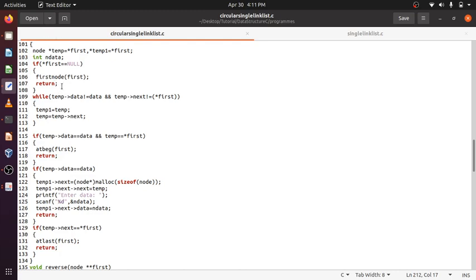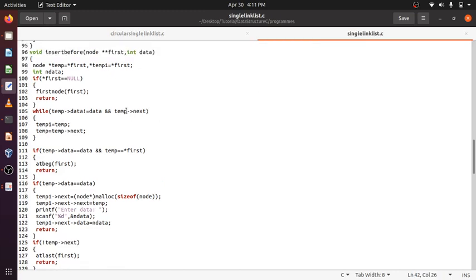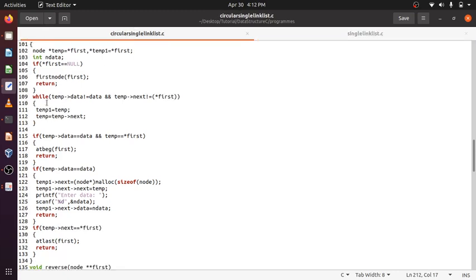Insert before is the same iteration, temp next not equal to null. If it is the first node, if it is null, then create the first node. If it is not null, data not equal to data, and not equal to first, go on iterating. Temp data equal to data, and temp equal to first.